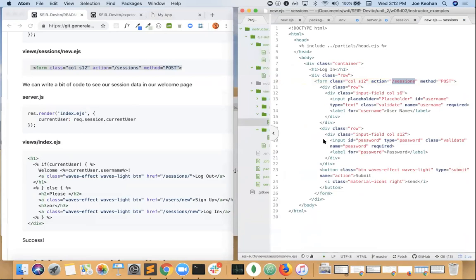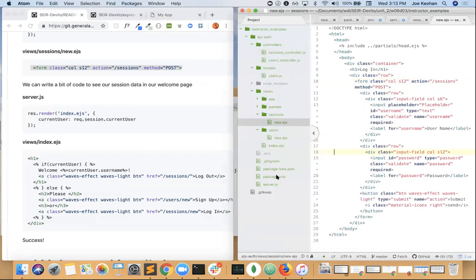Right? So for me, it'd be welcome, Joe. So we can take that, feed it to one of our views. In this instance, it will be index EJS. But before we can send anything to the view, we're going to need to go into